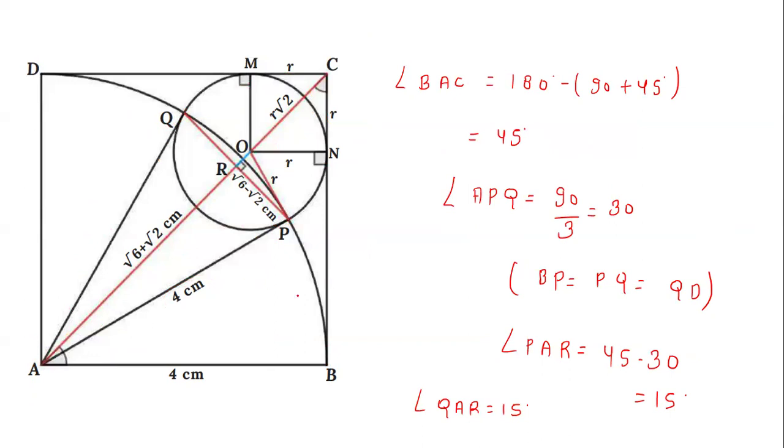Now you see this arc length is equal to this arc length is equal to this arc length. So this angle must be the same as this angle, and the same as this angle. So this angle must be 30, this must also be 30, and this must also be 30, because we have to divide the 90 into 3 equal parts. And this whole angle we know as 45. So the remaining angle is 15, and this remaining angle is also 15. So AR is simply an angle bisector, because this angle is the same as this angle.